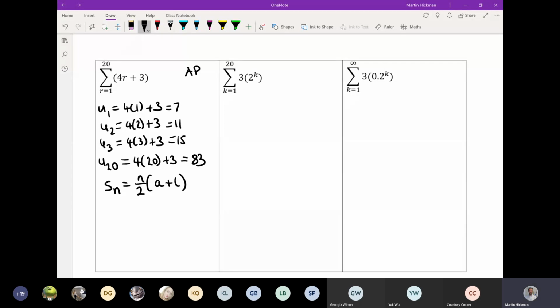that we've been using a lot this week and last week. For the sum of the 20 terms, I want to do n over 2 times a, the first term, plus l, the last term. Alternatively, you could do 2a plus n minus 1 times d in the bracket instead, where d is your common difference of 4. Both ways will work. So I've got my first term, which is the 7, the last term, which is this 83. Sub that all in,